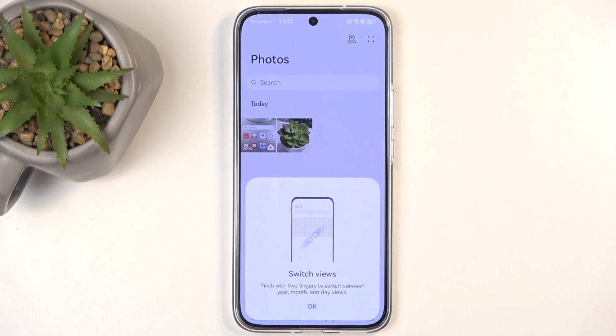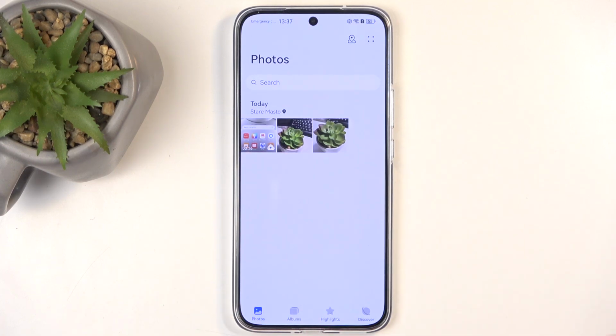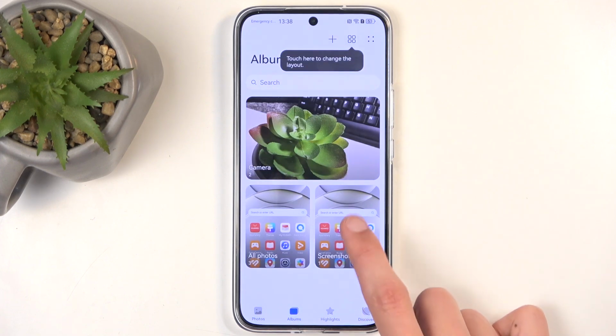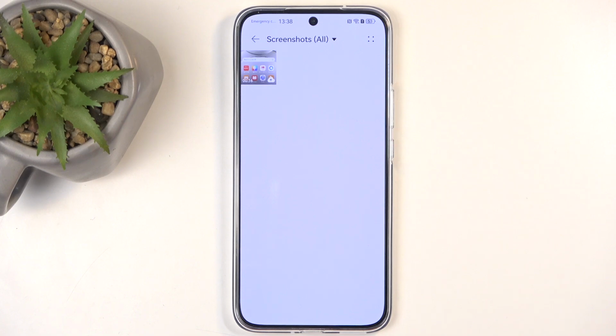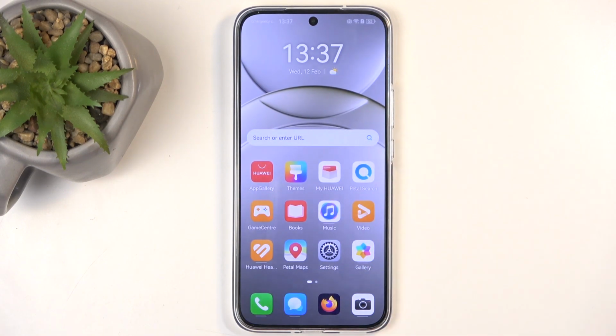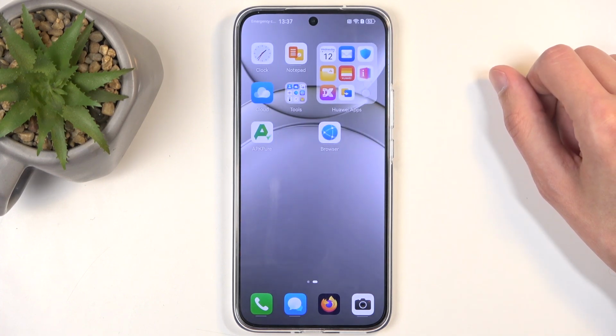gallery application. And you can see it right here. Now, later on, if you're looking for your screen recordings, it might be easier to find it by going into the albums, in which you will find screenshots, and that's also where you have screen recordings. Just give it a moment. And you can see